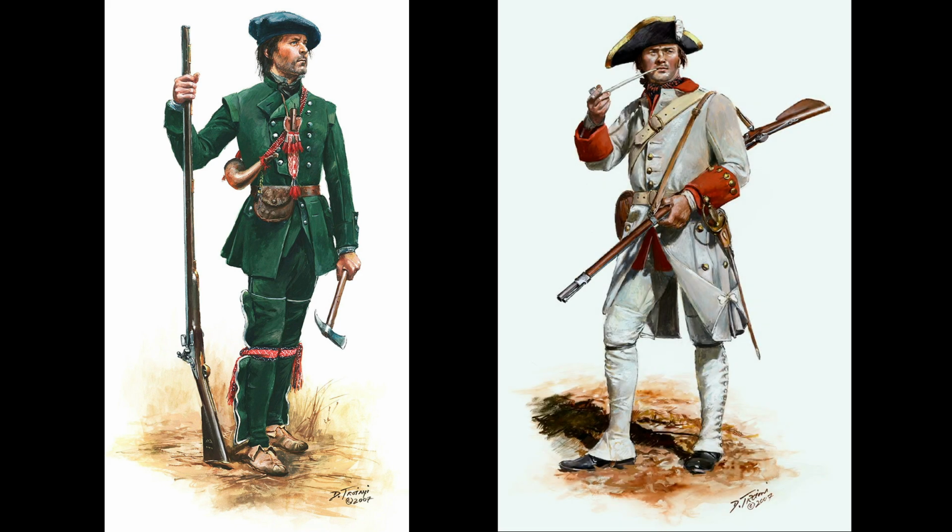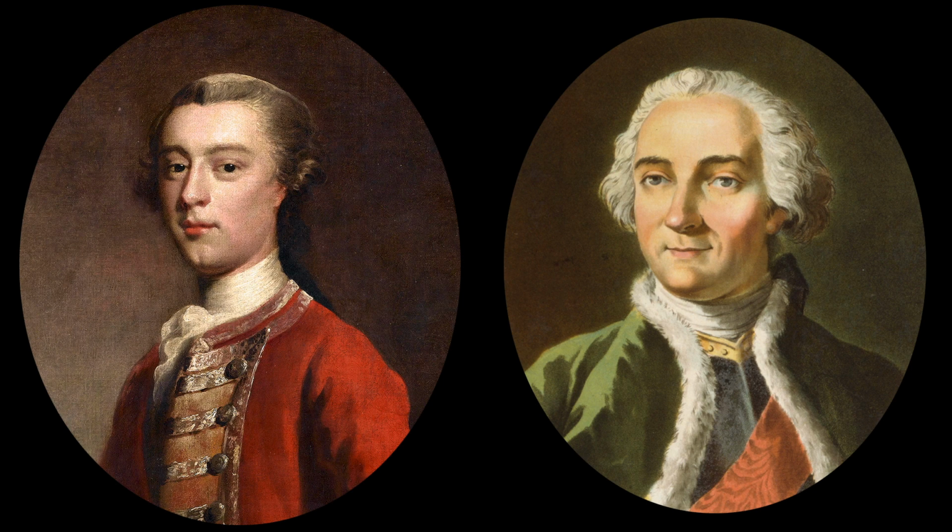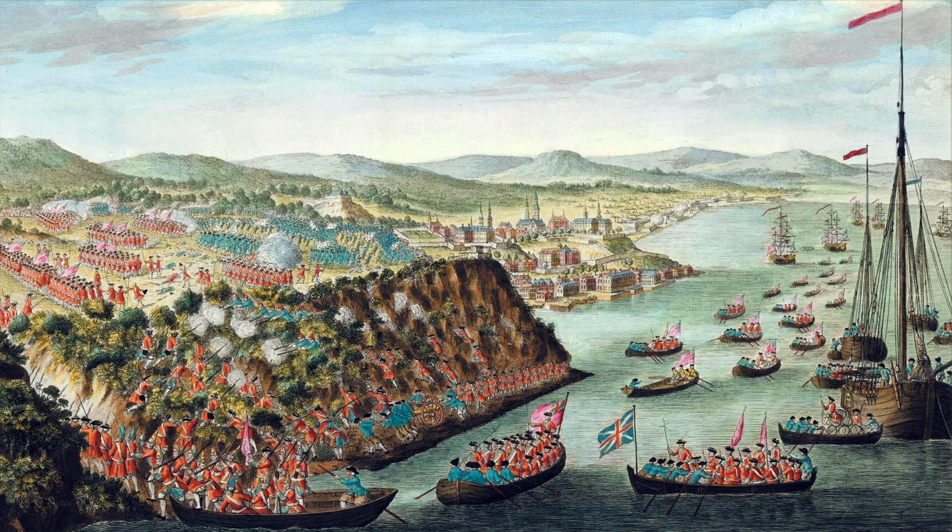At Ticonderoga, when the 42nd Black Watch is cutting through the abatis to get to the French entrenchments and Rogers' Rangers are firing over them, the French are cutting them down with this weapon. At Quebec, when Wolfe and Montcalm face off in this epic battle for the fate of North America, it's with this weapon and with the Brown Bess that it's decided. So these weapons, though they're older and antiquated by the time of the American Revolution, have an incredibly important place